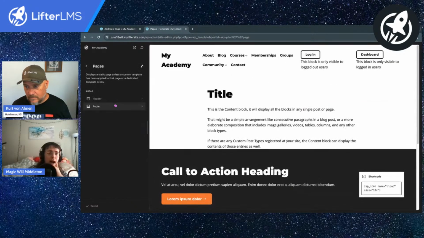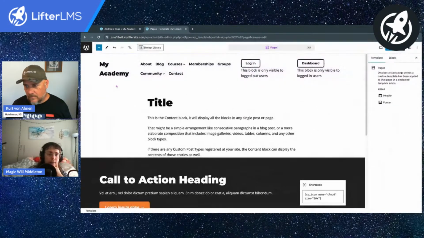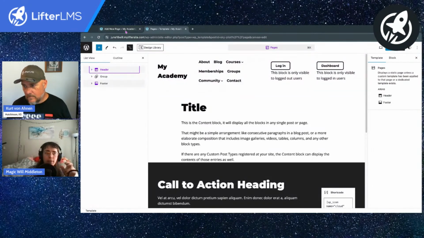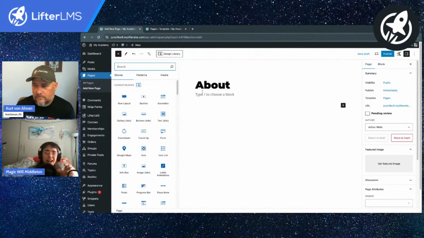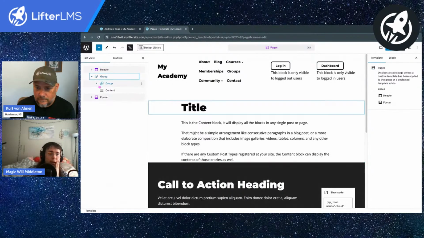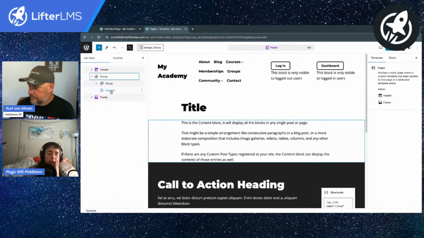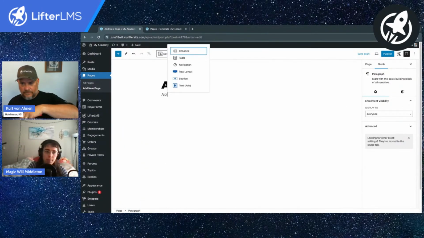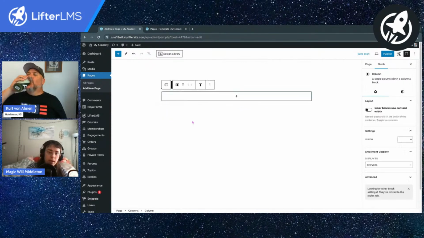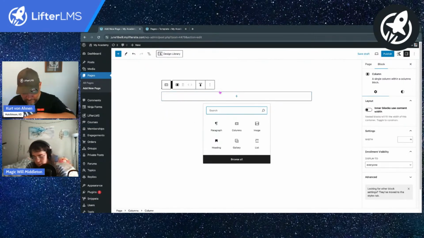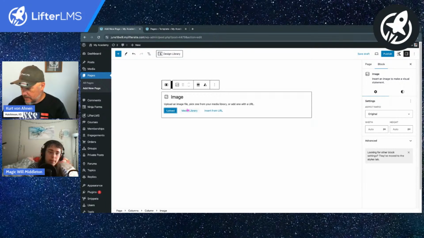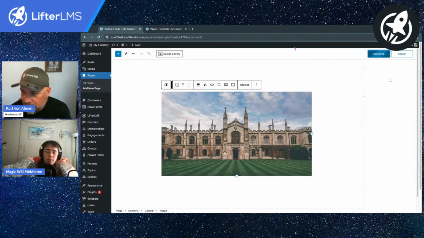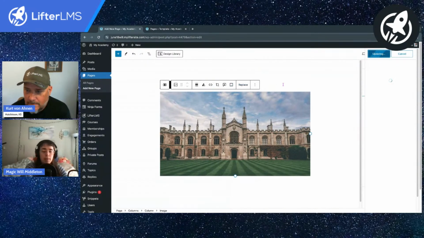And if I were to edit this, let's see what we're looking at here. This is what our template for pages is going to look like. On this page, I'm editing the content area, right? But the content area is just this block right here. So everything that I build in terms of blocks on this page, like if I were to do a column, I did a single column, but I was going to do 2 columns, but this is a little less interesting, but still cool. Let's put a picture of this building here. This is a part of my content area. So I could add multiple blocks here.